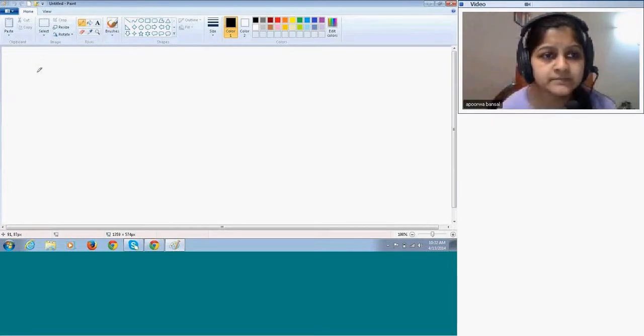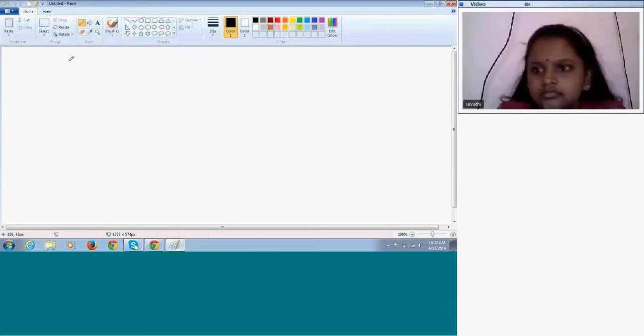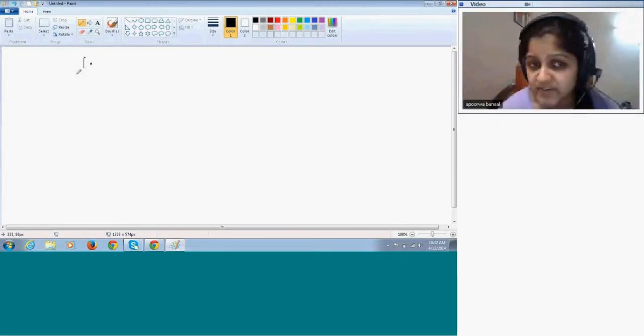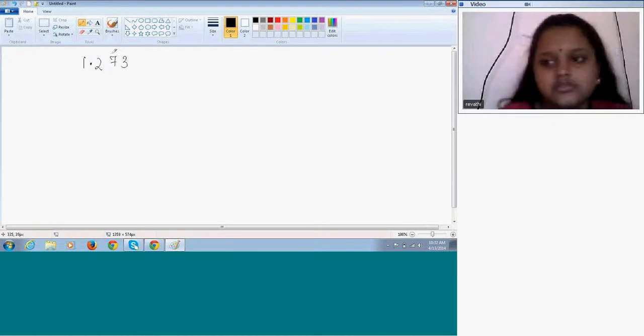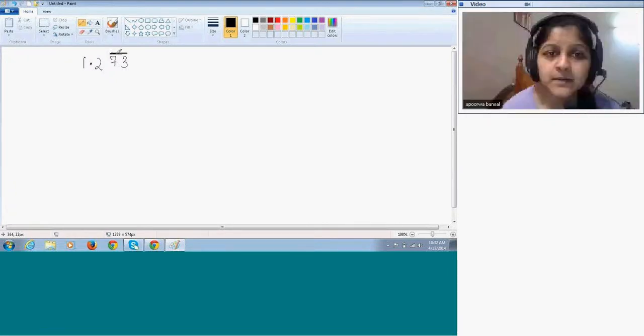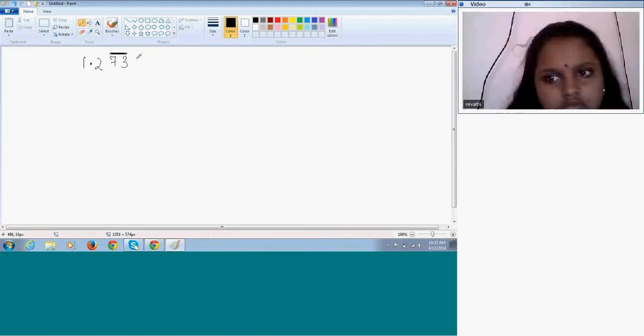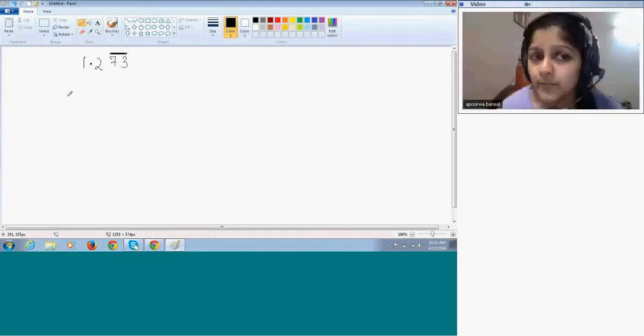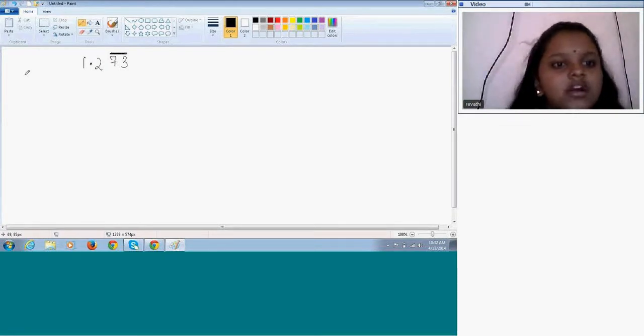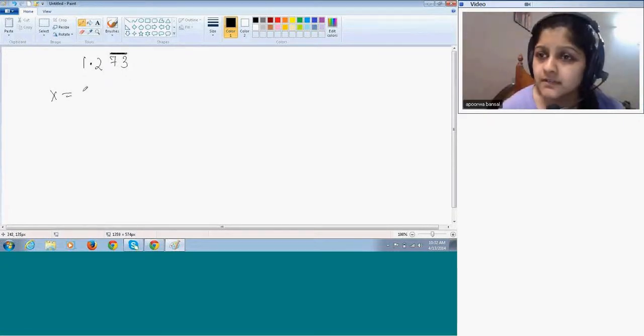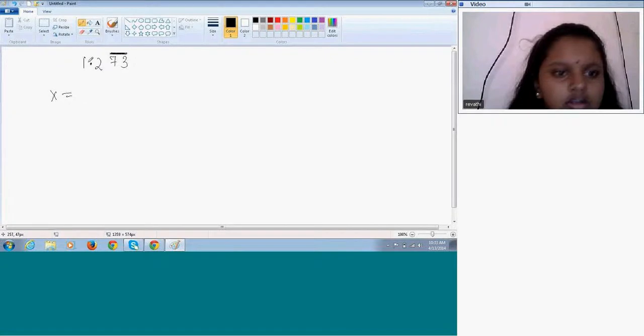I have understood this part, how we can convert. Yes. I'm giving you one question. I'm asking you, you have to tell me what you do in this. Okay? And I want to convert it into a fraction. Yes, ma'am. So tell me, how am I going to start off? x equal to 0.2 bar